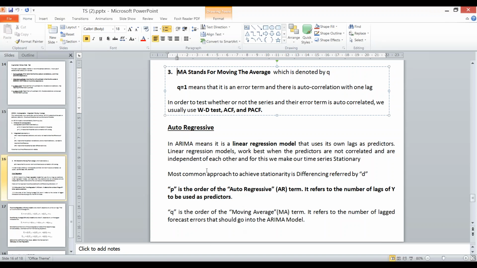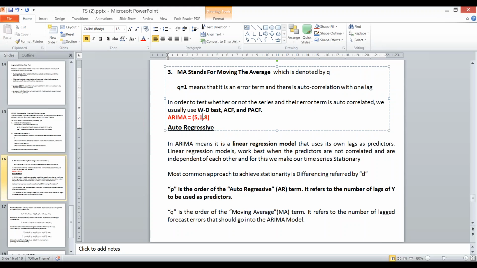Let me just explain here. Let's say 5,1,8. If I'm saying this 5,1,8, then it is an ARIMA model, because here I'm considering the value for AR, that is 5 lags.